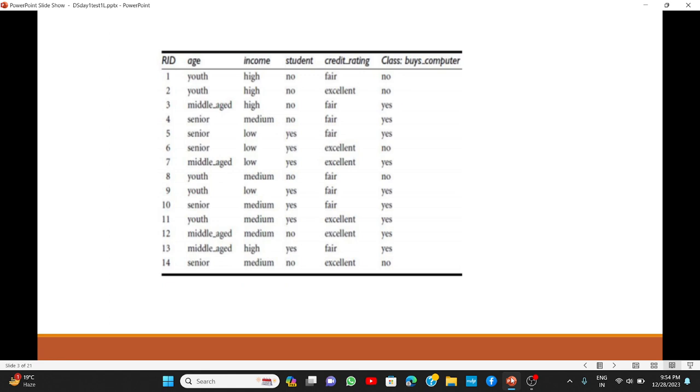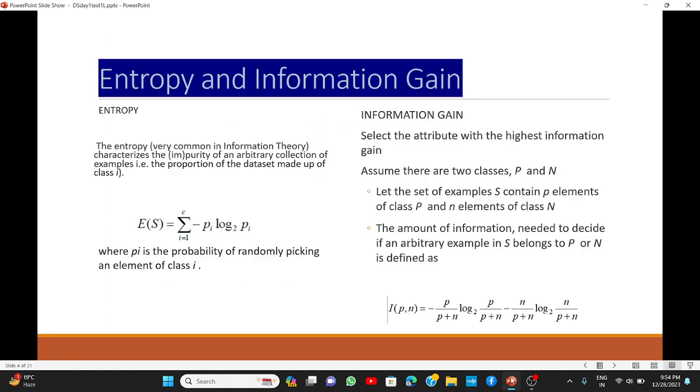First, we need to calculate information gain for each attribute. What is information gain? Select the attribute with the highest information gain. Assume there are two classes P and N. Let the set of examples S contain p elements of class P and n elements of class N. The amount of information needed to decide if an arbitrary example in S belongs to P or N is defined as information gain of P and N, which is